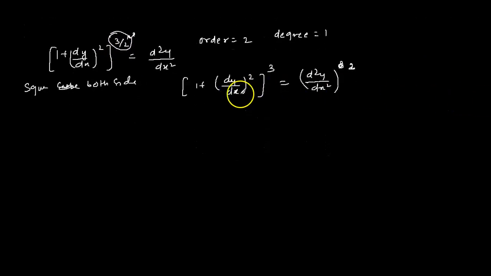So now you can see here, which is the maximum derivative? The highest derivative, this one only, right? This is the second derivative, and this is just one derivative. So this is the highest derivative, which means the order is what? 2 here. And the power of the highest derivative is called the degree here. So the degree also is what? 2 only. Understood till here? So this is the basics, order and degree.